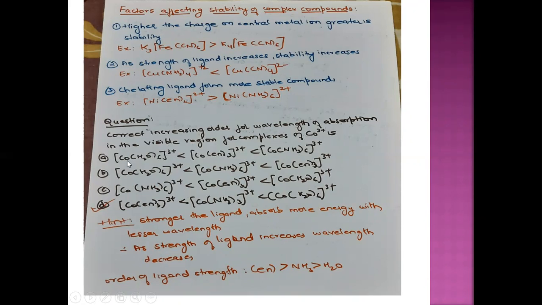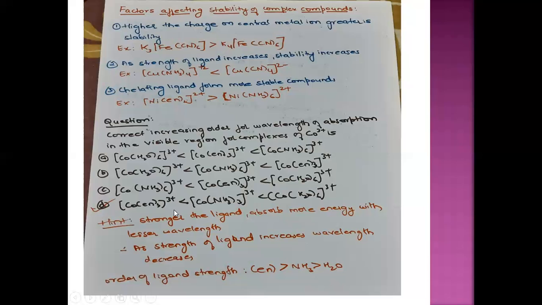First, write in terms of the strength of the ligand, which is stronger. Okay, en. When you compare nitrogen and oxygen, nitrogen is way stronger. When you compare en and NH3, since en is chelating, en is stronger. So according to the strength of the ligand, the strongest one is en, followed by NH3, followed by aqua. But the question asks for the increasing order of the wavelength. We have written the decreasing order of the ligand strength. It is nothing but the increasing order of the wavelength. Since en is the stronger ligand, it absorbs the least wavelength. So the least wavelength will be en, followed by NH3, followed by H2O.